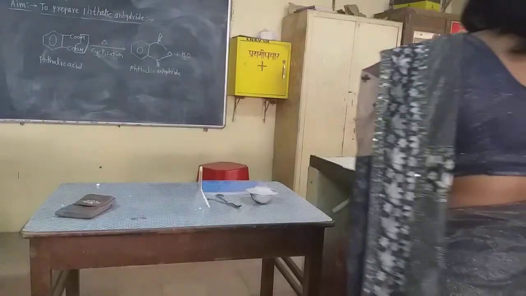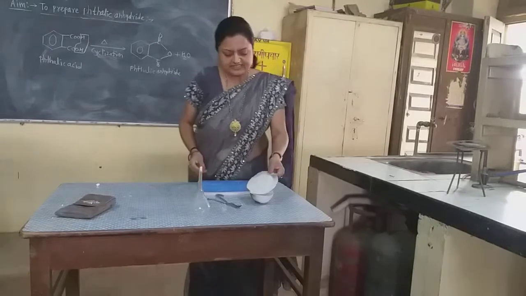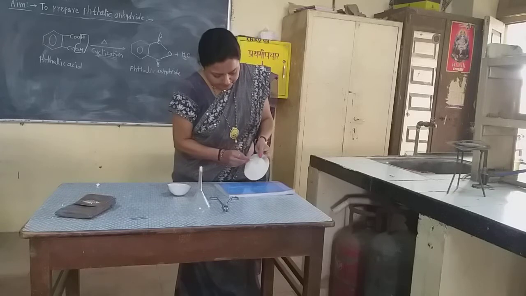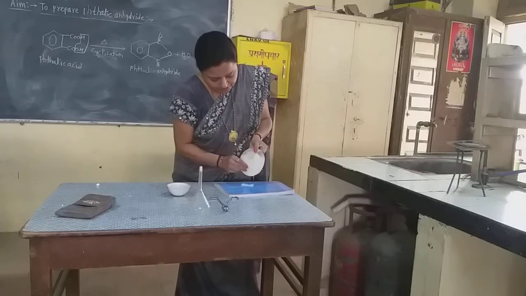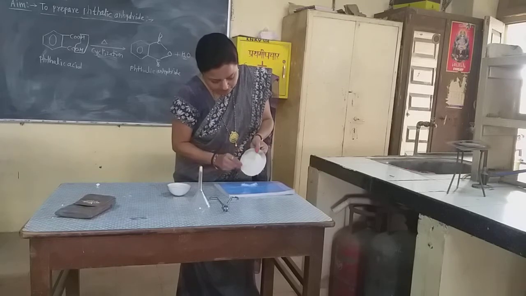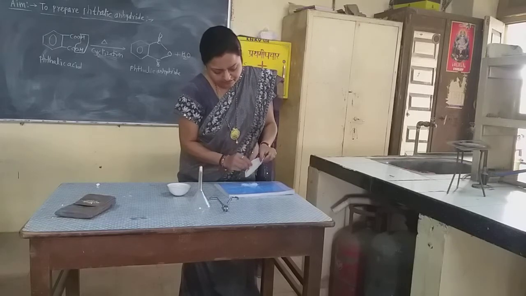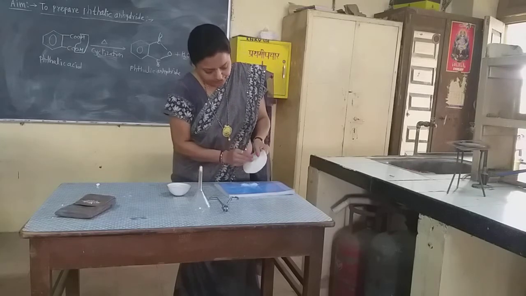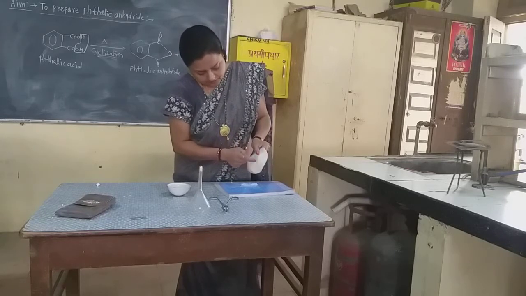Now I take this. I am scratching these crystals and collecting them on this paper. You can collect slowly. You scratch on a plain paper. Now you should take all these crystals for weighing, because you can weigh this phthalic anhydride accurately. So many crystals are formed, they are here,